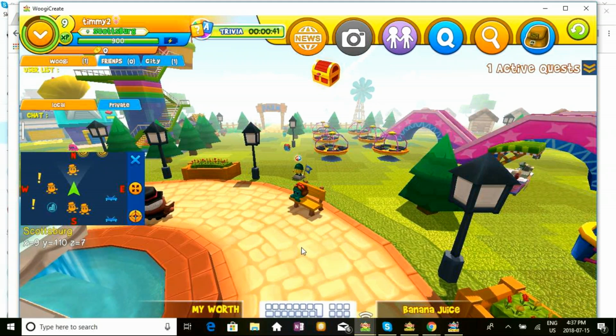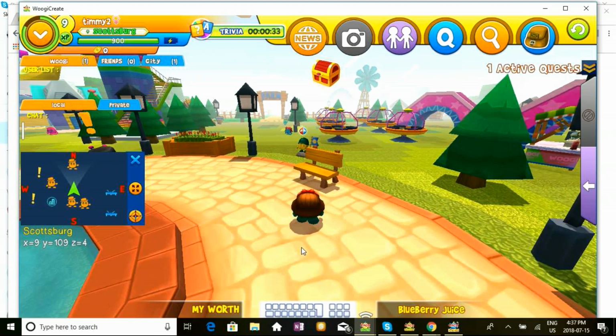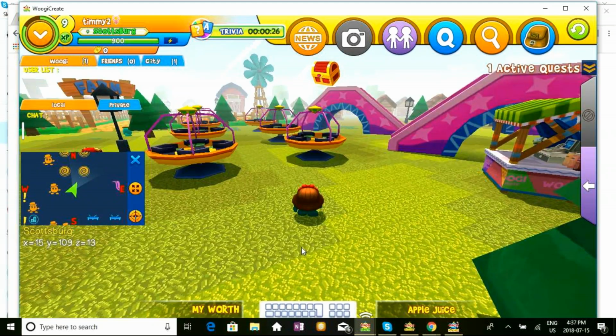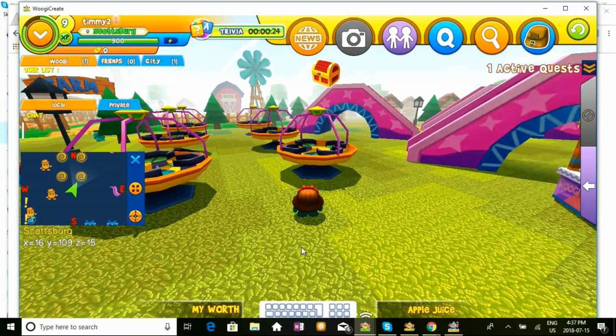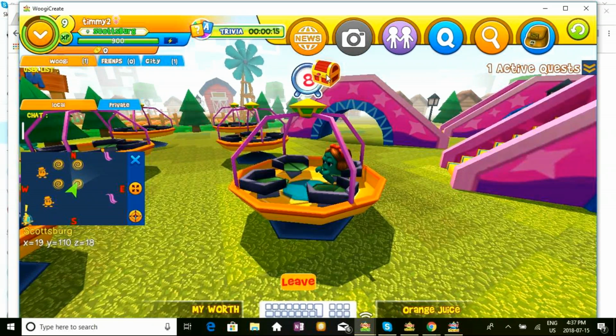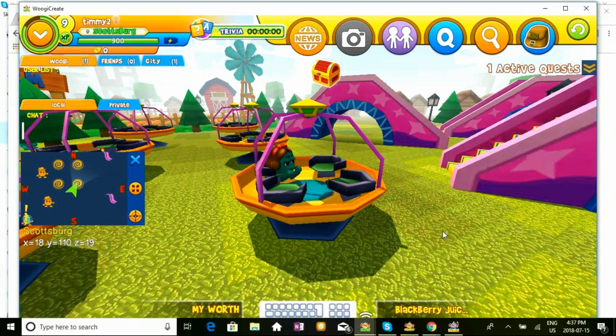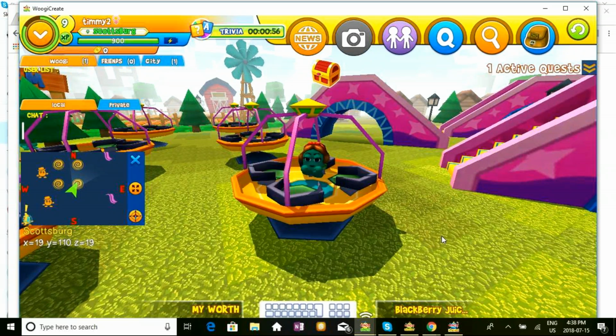And she walks. And you can turn her or guide her. I'm not nearly as good as kids are with these arrows, but let's see if she can go. Now see the use button comes up again. If you have a touch screen, you can touch it or you can just click on it. She will jump in. Then you will see a timer up here. It will count down. And then she'll spin. These are just fun things that I'm sort of making you aware of, but we'll get into more of the detail on how it works later. Then she gets off,